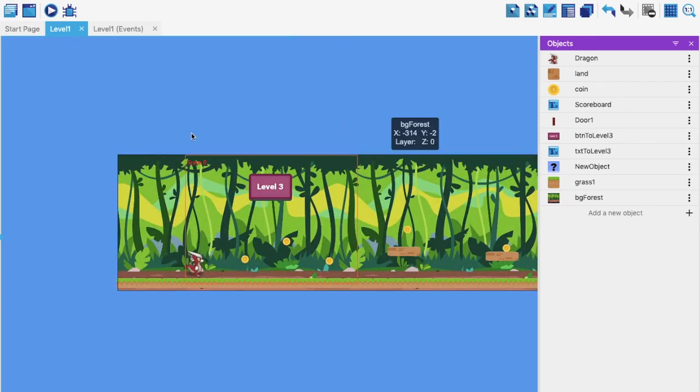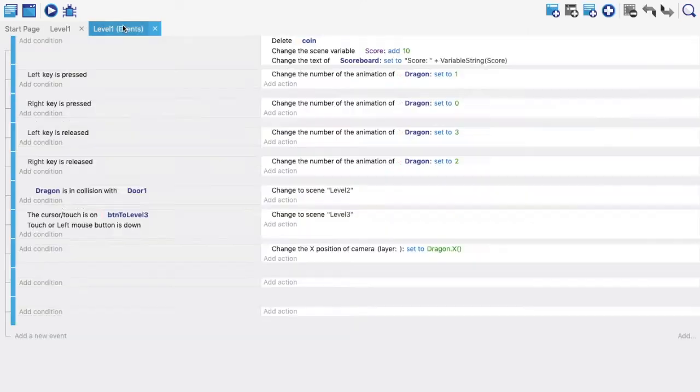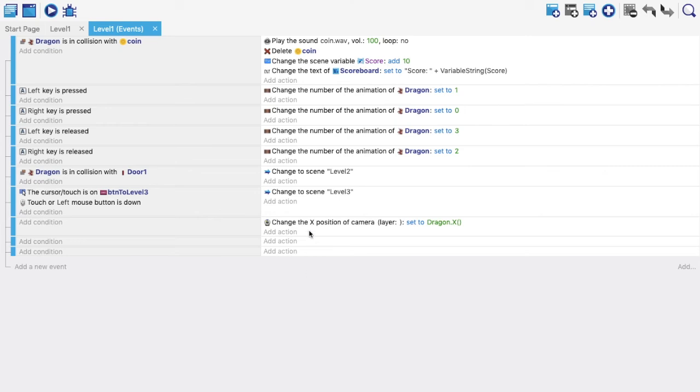So I'm going to play this, and we have already done the parallax effect. If you see my previous videos, you will see how to do it. We have already added events and conditions for the parallax effect over here, using the layers and camera option. So you can watch my previous video to understand this.